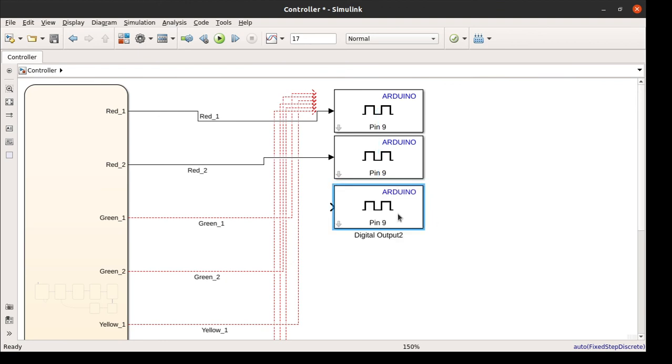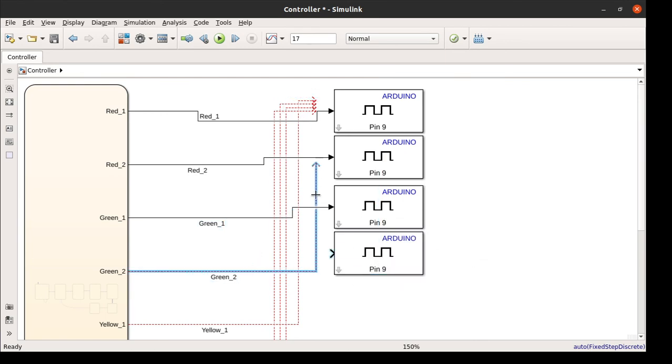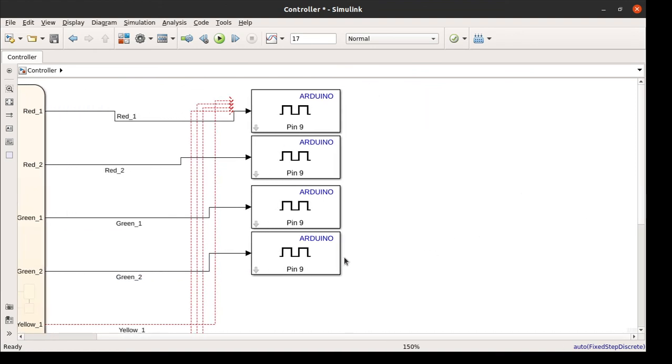Next one is, this is the next signal, take it and connect to it. And our next signal is green 2. And the next signal is yellow 1. So this is here.